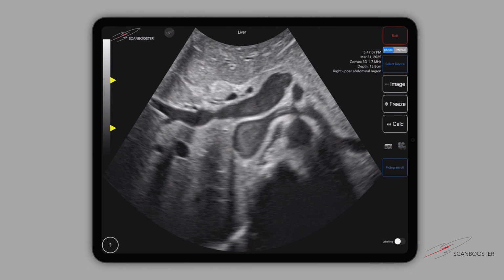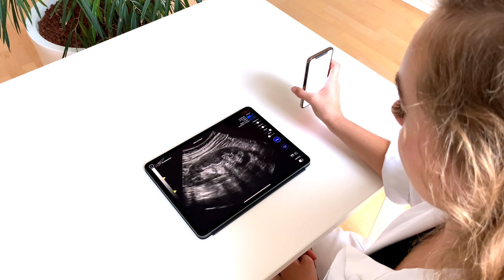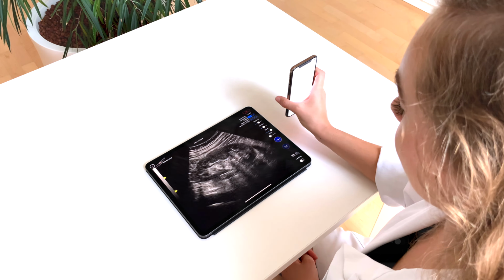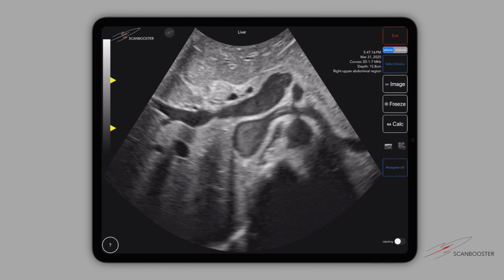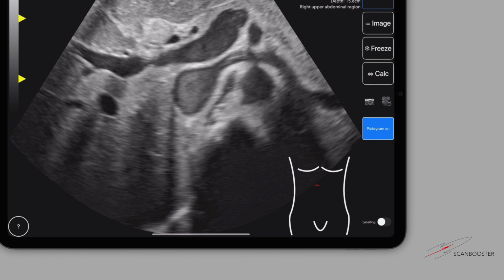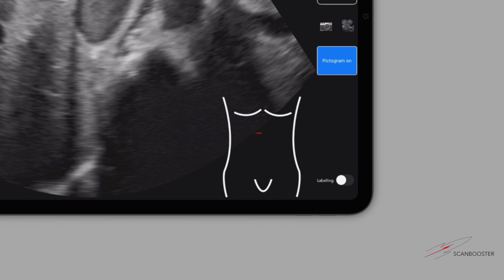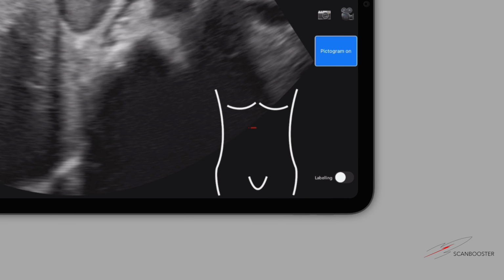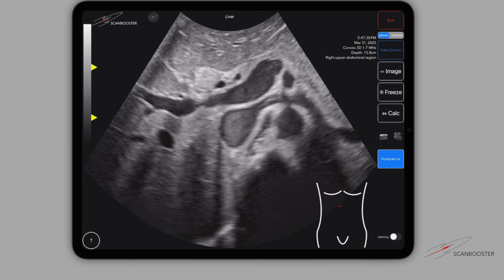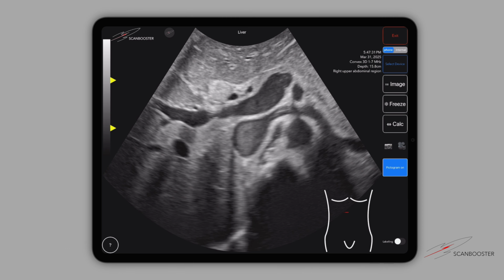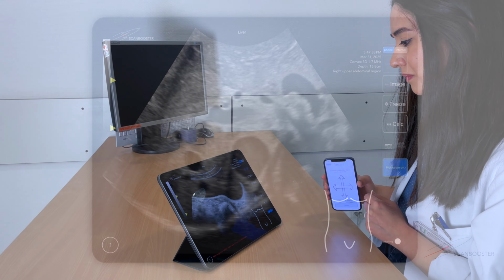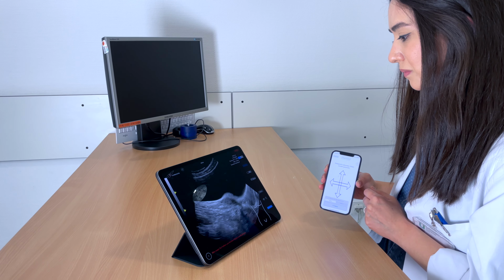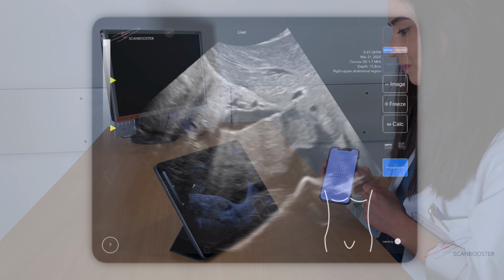Today we will focus on the liver and its associated structures. If you are already using the Scan Booster app, you can find the image under the category Internal Medicine, Liver, and then Physiological Liver. The liver is best visualized in the upper abdomen in both transverse and longitudinal scans, as shown in the pictogram in the lower right corner. Once you have found the correct position on the body, the image should look something like this. By tilting and rotating the probe, you can navigate through the entire ultrasound field.